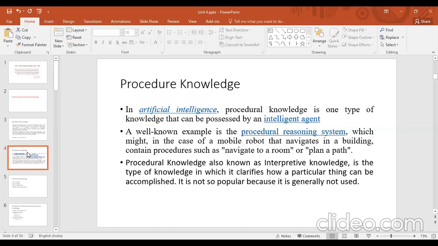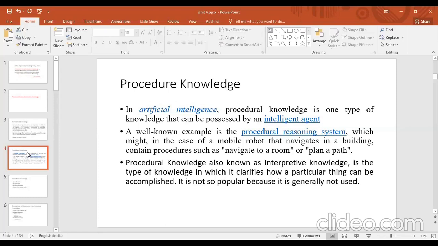Now what is procedural knowledge? A well-known example is the procedural reasoning system, which in the case of a mobile robot that navigates in a building, contains procedures such as navigation to a room. It means you have built knowledge in a system, and now you have to suggest some path. For example, in the application that navigates to a room, it requires the actions to follow